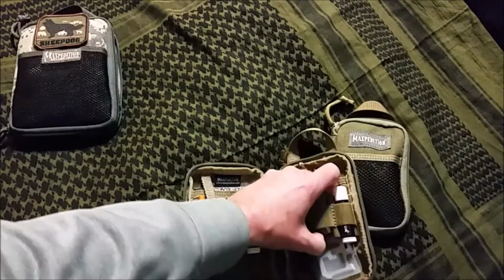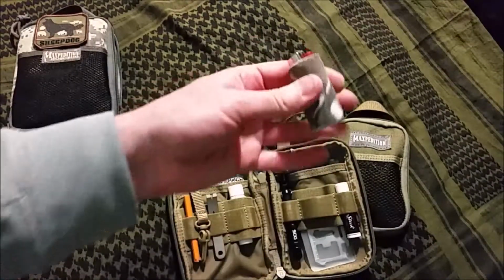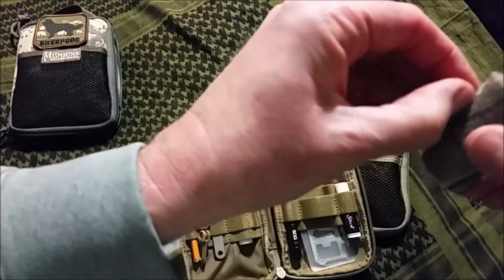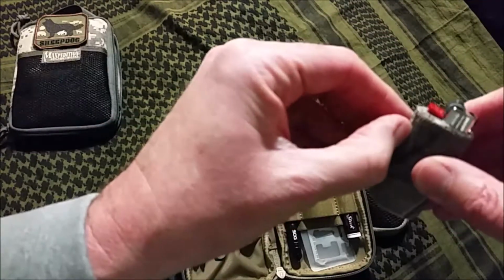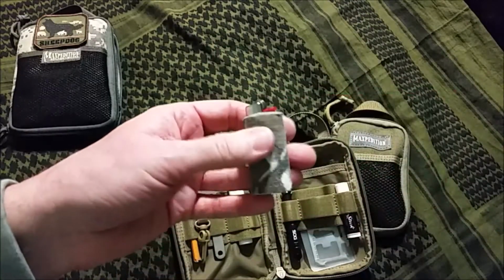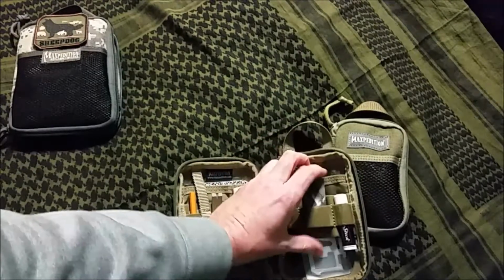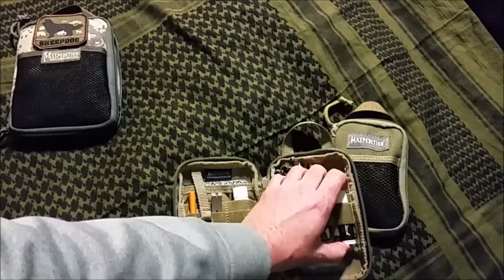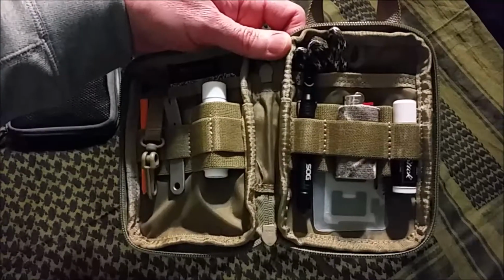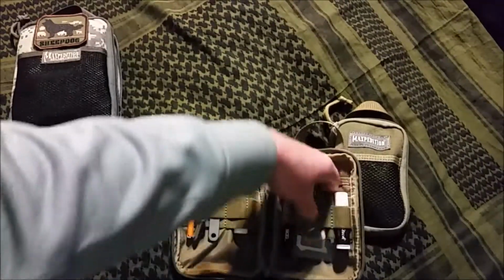Another Bic Mini. This one I've got some of that stretchy tape wrapped around it. Cling tape. It never loses its stickiness. You can buy it to put on gun stocks and things like that. Handy stuff. Peel it off and reuse it again and again and again. Chapstick for numerous reasons, not just for dry chapped lips, for starting fires, for lubing up bowstrings, for doing all